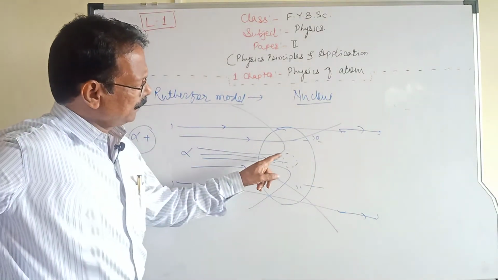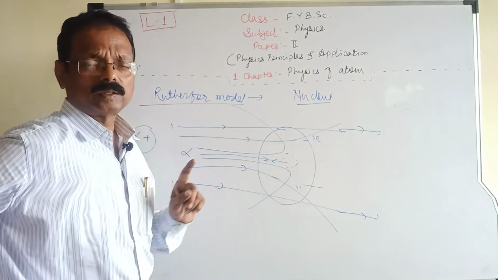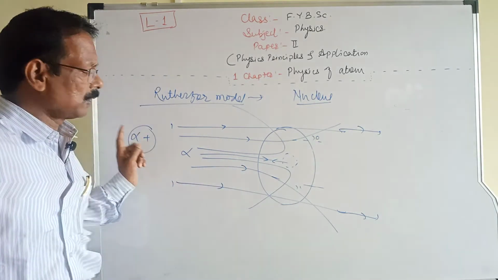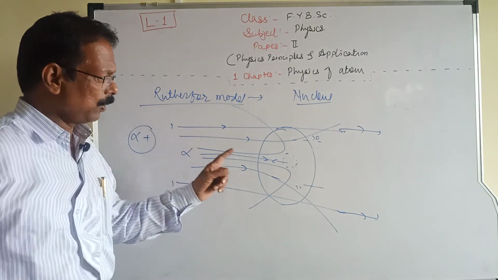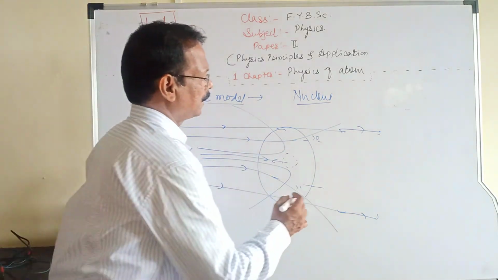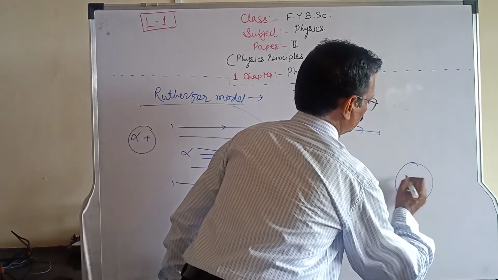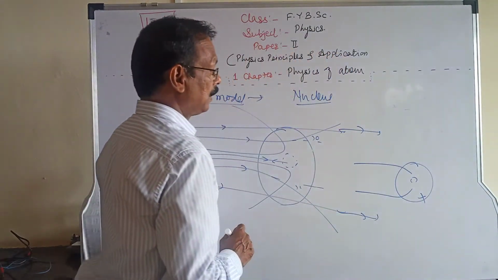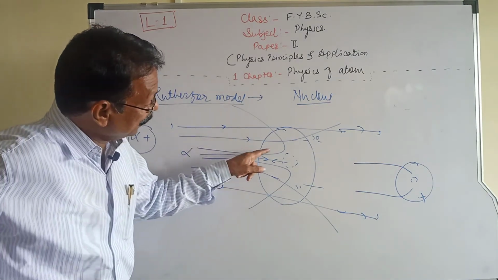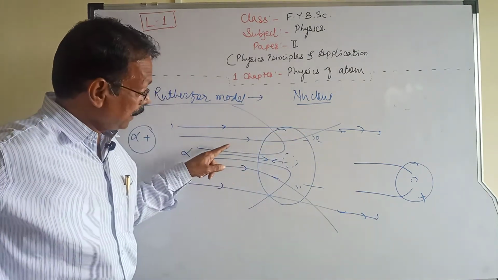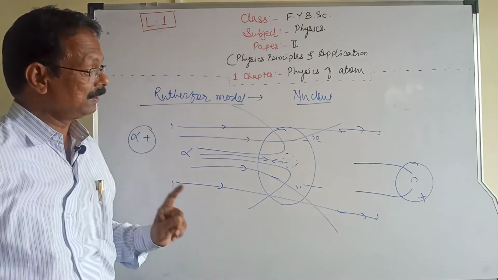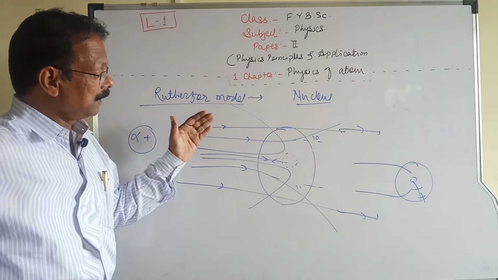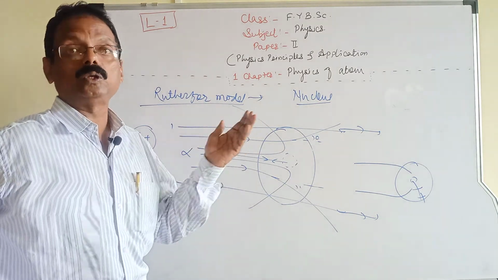So as we know, the massive portion is at the center of the atom. As the charge of the alpha particle is positive, there is some deflection; this does not happen in this way. So this is the central portion, and the ray is not attracted towards it. This is not the observation. So what is the observation? The ray deflected from the central portion. The ray was diverted to a greater angle from the central portion. The meaning of that is the central portion should contain the positive material.